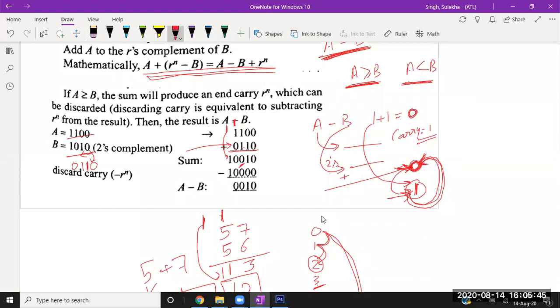Again, you are adding 1 plus 1. So 1 plus 1 means 0 is your answer and 1 is your carry. This is your carry, and this 0 you add with this 0, landing at 0. And this carry you write here as it is. Is that clear? Is the summation clear? If it is clear, now write yes in the chat box. If you want some more clarification, you can ask by unmuting yourself.